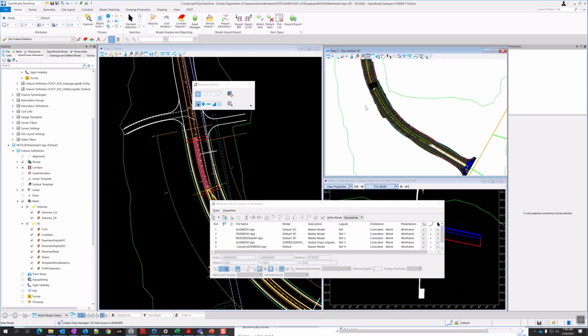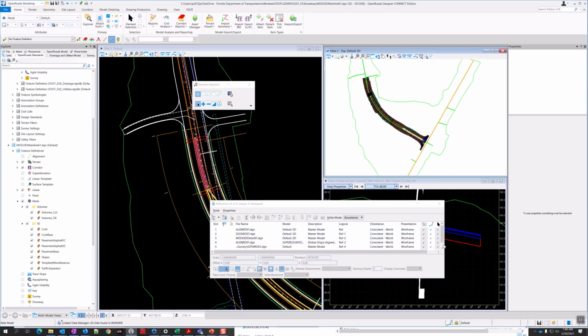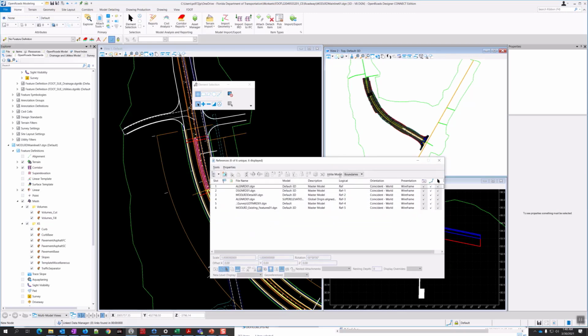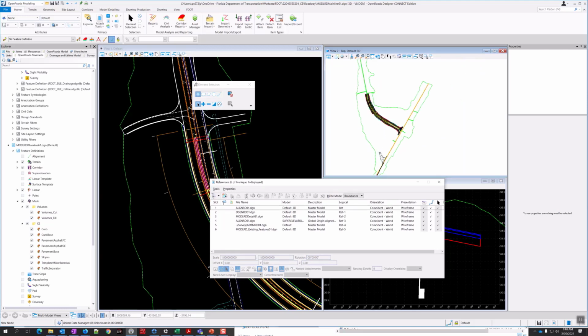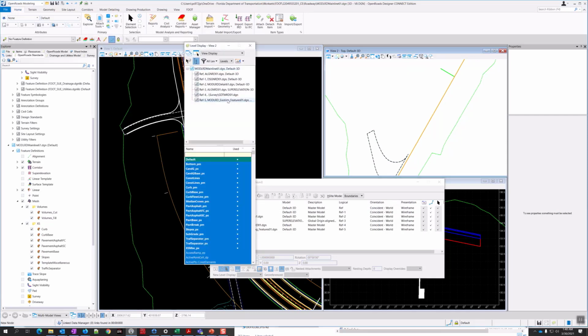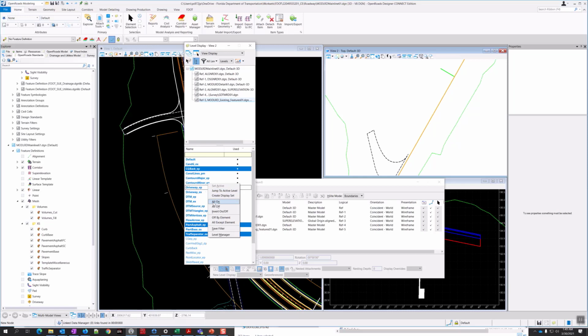Now it should be showing in the 3D as well, but it certainly might be that I have the levels turned off. So let me check that level display on the existing features. Go ahead and turn everything on.